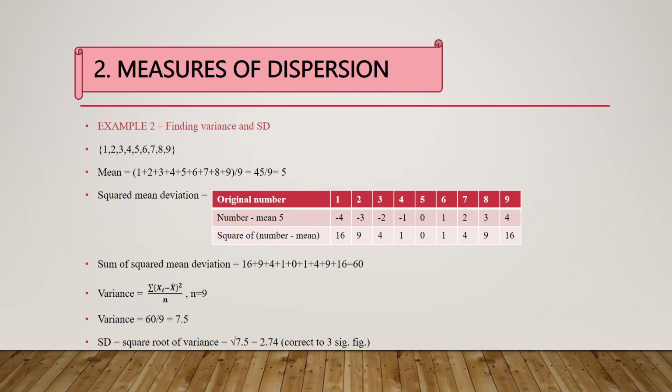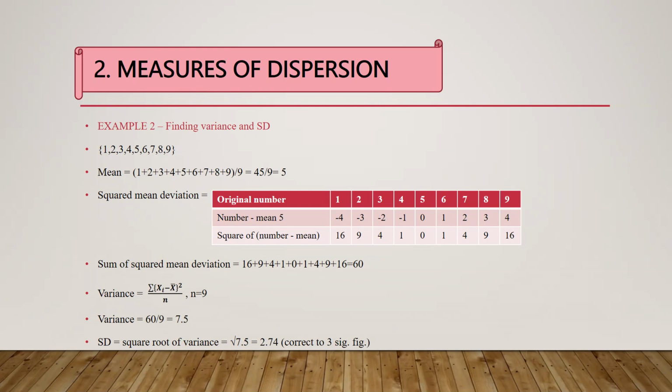So for minus 4 on the left, squaring it gives you 16. And all the way to 9, the mean deviation would be 9 minus 5 equals 4, and the square of the mean deviation would be 16. So after we compute this table, we have to get the sum of squared mean deviation, which is 16 plus 9 plus 4 plus 1 plus 0 plus 1 plus 4 plus 9 plus 16, and that gives you